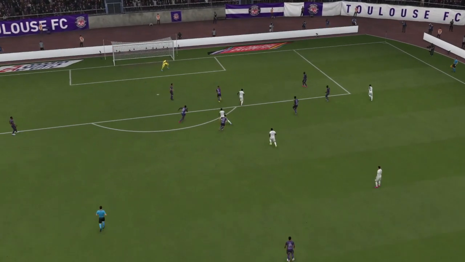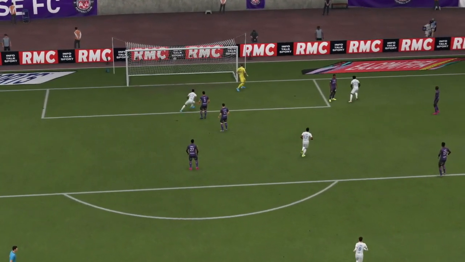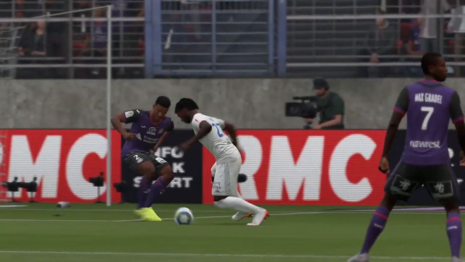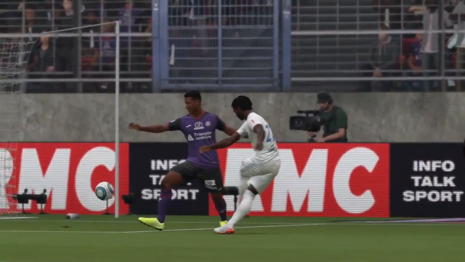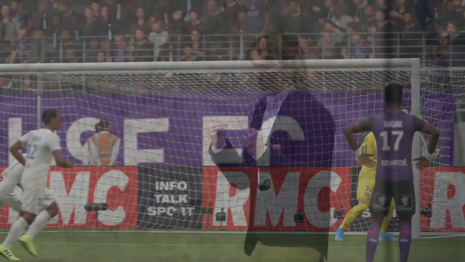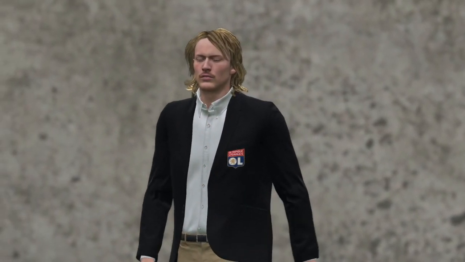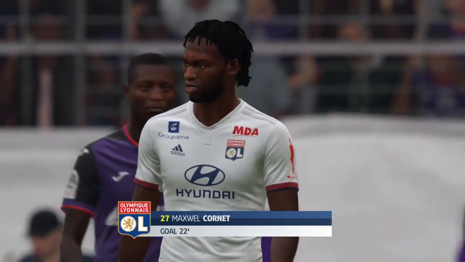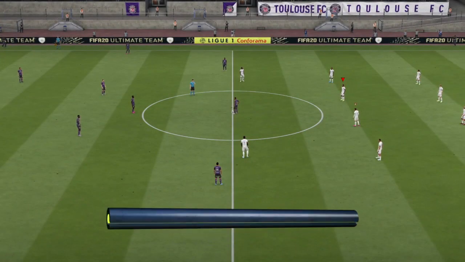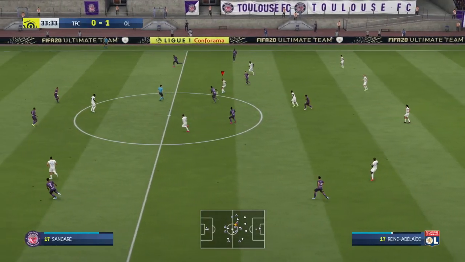As you can see here, Cornet breaks into the box. Nice turn, sends the defender. He loses his balance, heading too far towards the touchline. Cornet strikes it early with his left foot. Goalie probably wasn't ready for it, but still, he makes no attempt to save the ball. Pretty poor goalkeeping, to be honest. But that's only a good thing for us as we go 1-0 up here away from home against Toulouse, and